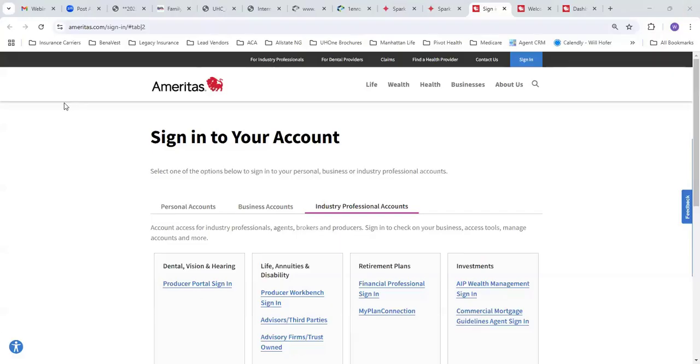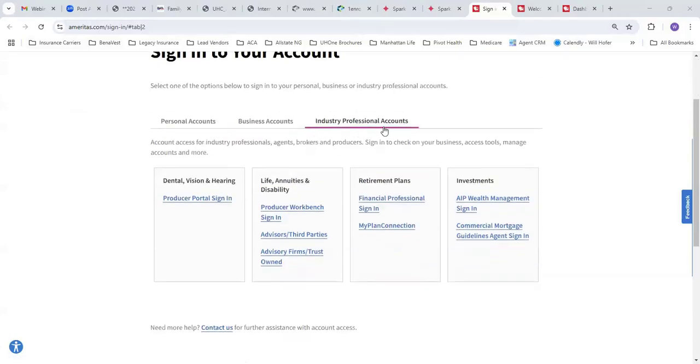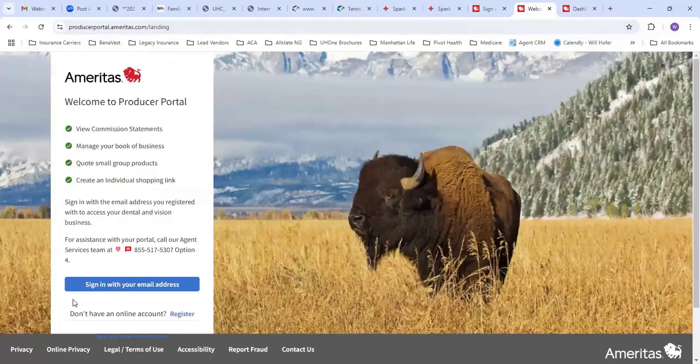So you should see on your screen here, I'm on the beginning homepage of Ameritas.com. To log in, you would go to industry professional accounts. You would click the producer portal, sign in for dental, vision, and hearing. Once you click that, you'll get this page here. Then you just click sign in with your email, and that'll take you to another page where you put your email address and password to log in. Once you log in,